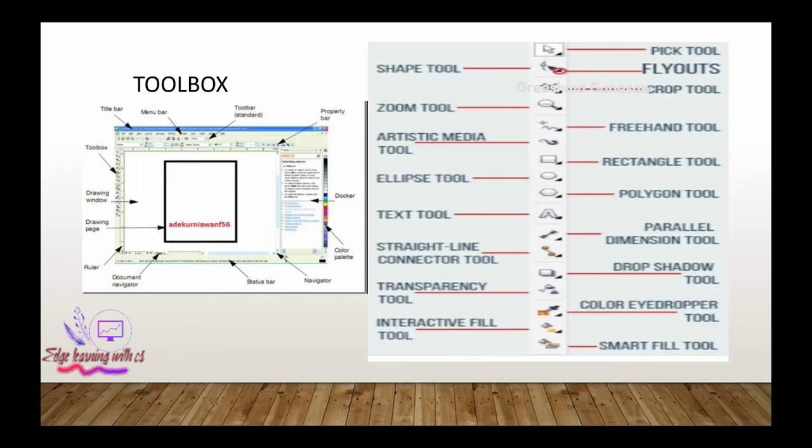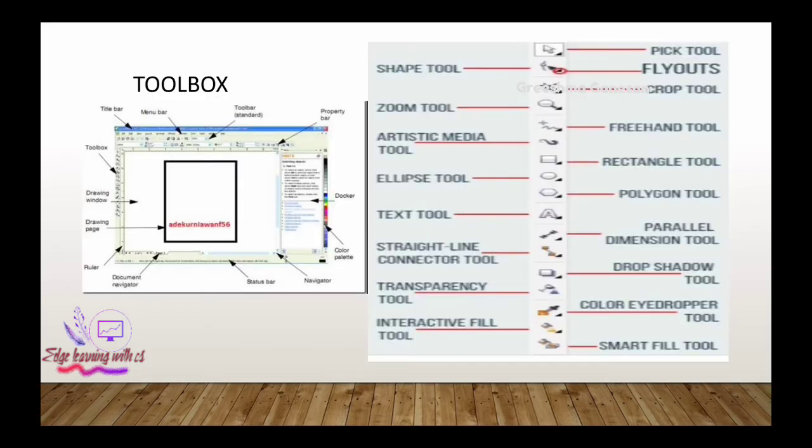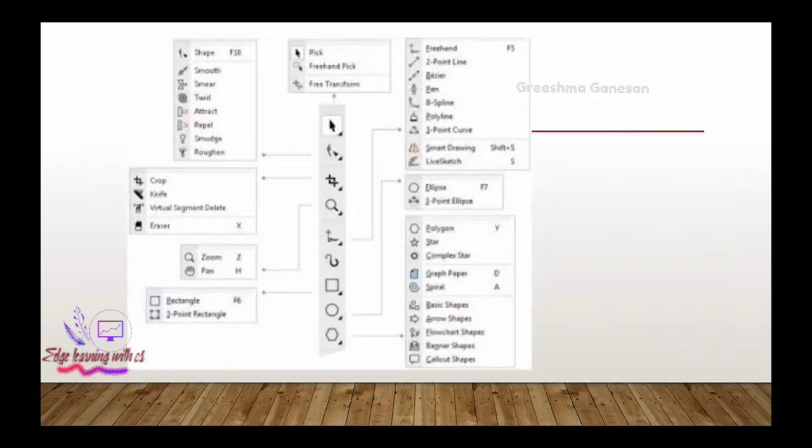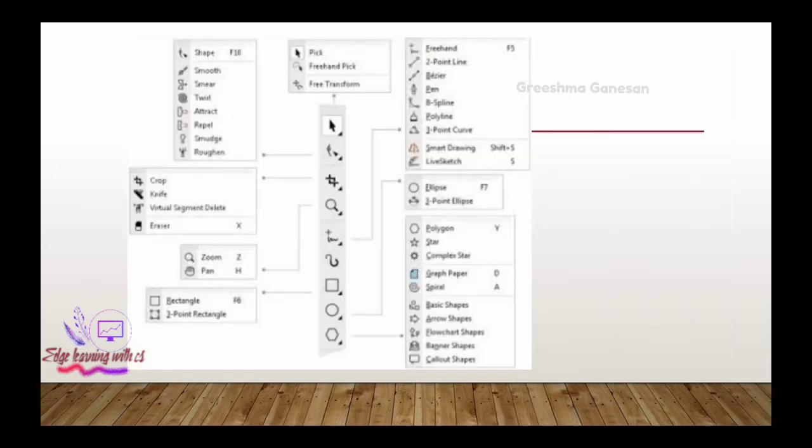So these are all the tools available here, and inside each of these tools some more options are situated. You can see in this option itself, here you can see the pick tool. When we come to the next diagram, you can see options like pick, freehand pick, free transform.